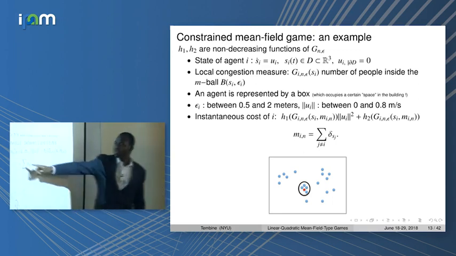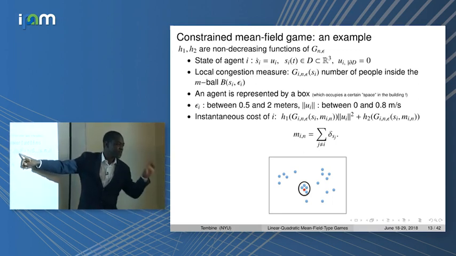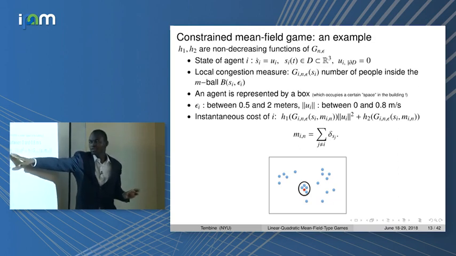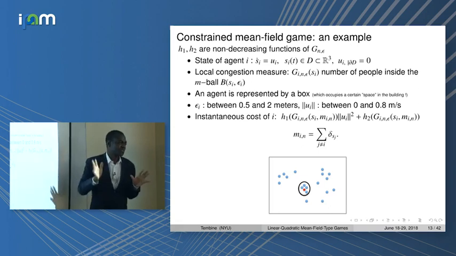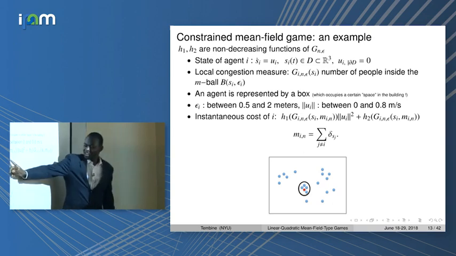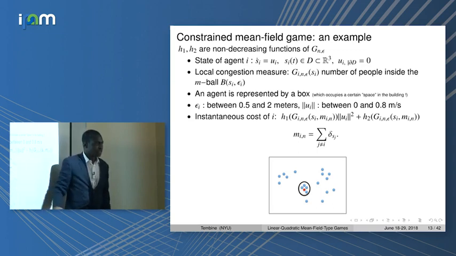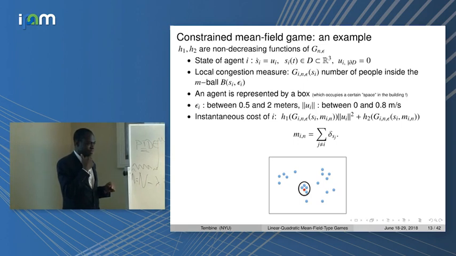Now, you want to optimize this cost functional. It's quadratic in u, but not in the state, because I want to capture more congestion there. Okay. So quadratic in u, a small modification from my framework that I promised to be quadratic all the time, but sometimes I slightly adapt it to be more realistic. Okay? Instead of looking at the density, you look at the people who are around you.